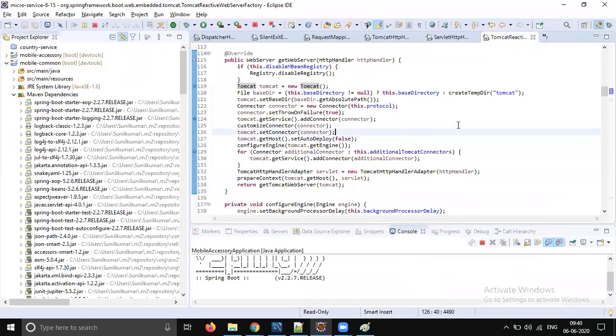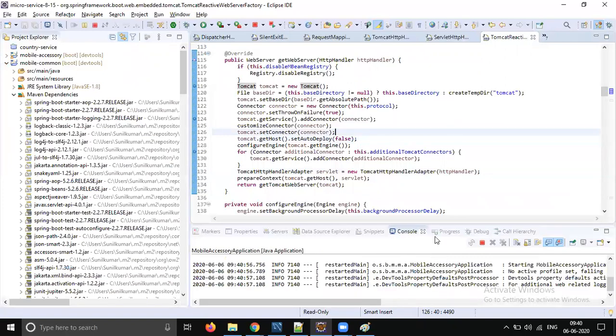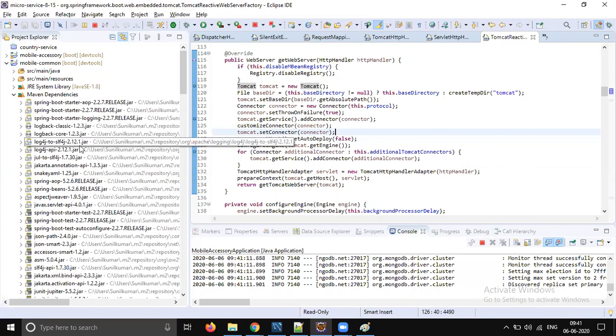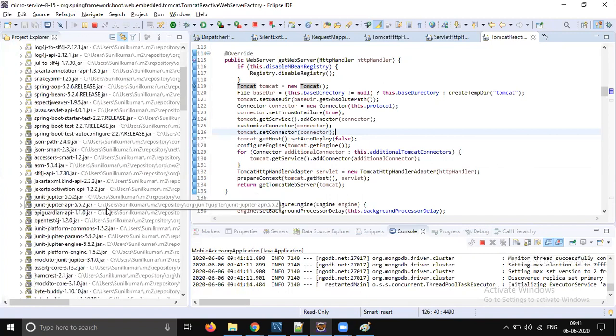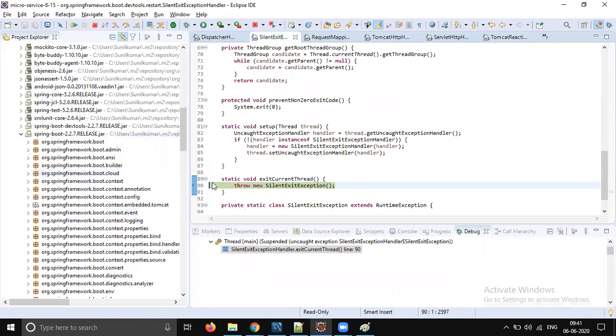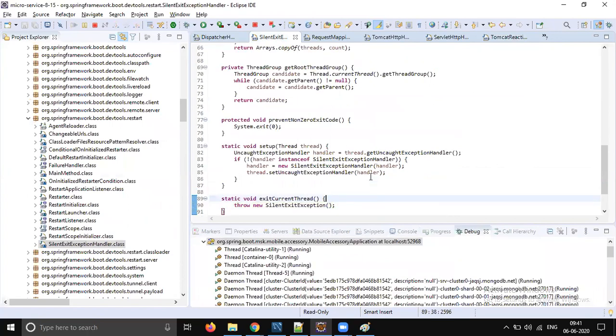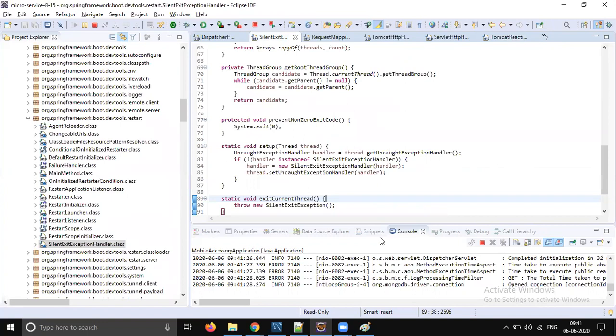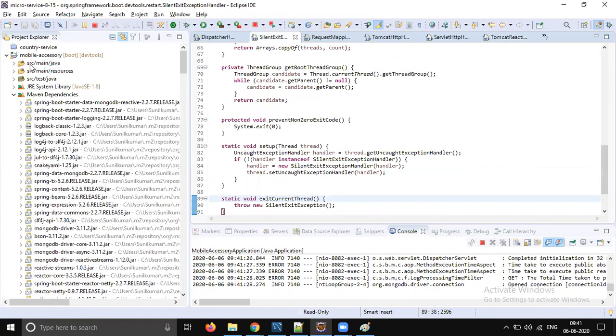Try that out. If it works, fine. If it is not working, yeah. It should work because as per the documentation, no, it's not coming here. We are loading from the mobile access. So let's send the request and see whether at least it goes into the service method. No. So there is something wrong with our dependency structure.